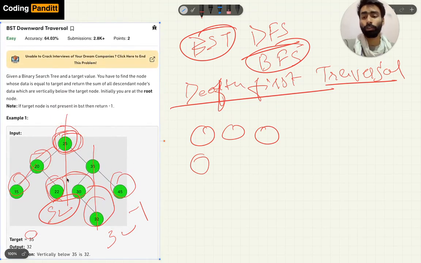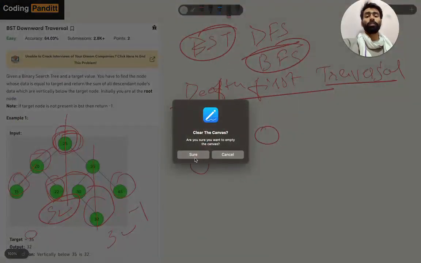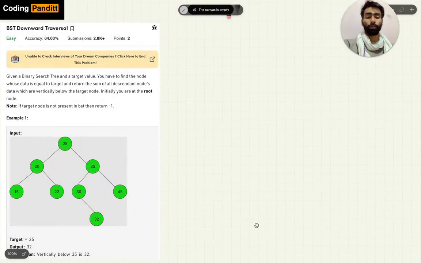In pre-order, first we traverse the root, then the left, then the right. And in post-order, first we traverse the left, then the right, then the root. That is 25.